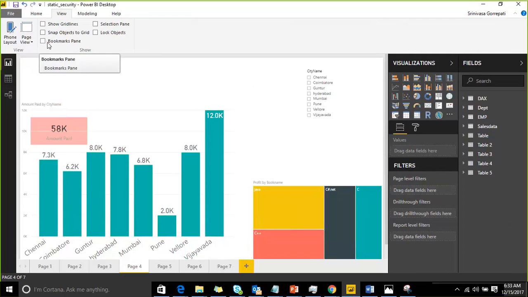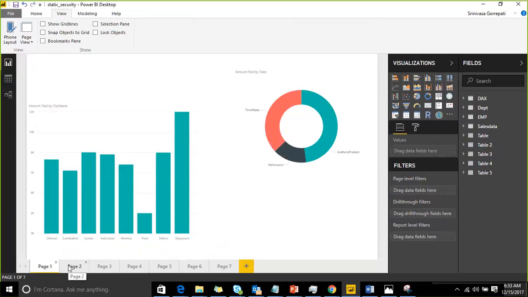Bookmarks pane is similar to the browser. We know that if there is a page we frequently visit, we save that page with the help of a bookmark bar. Here also, let's assume I have 15 report pages, or 10 report pages, which means in a single report you have multiple pages. Out of it, I'm going to visit a set of pages frequently. At that time, I can make this one a bookmark and save it. In order to save it, I have another window, the bookmarks pane.